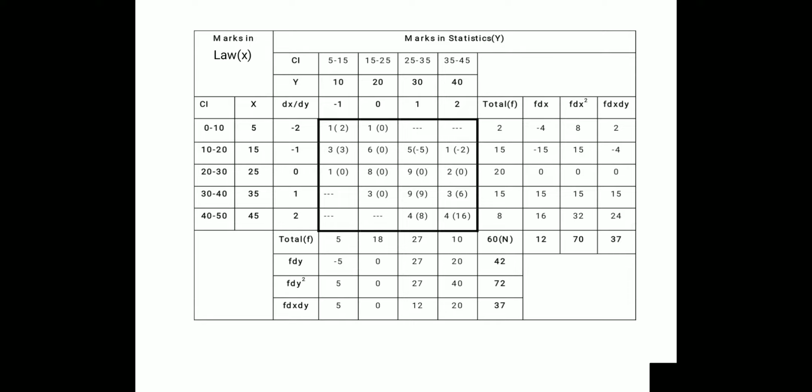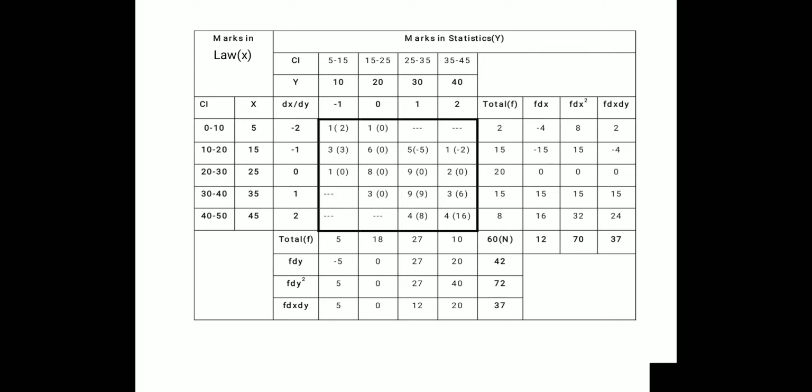The first step in calculation is to convert the class intervals into mid values and consider those values as X and Y. As I already said, for mid values, the lower limit and upper limit of the class interval have to be added and then divided by 2. That will give us the mid values, that is 0 plus 10 divided by 2. So those are the mid values of X and Y. I hope you already know these steps from the previous semester classes.